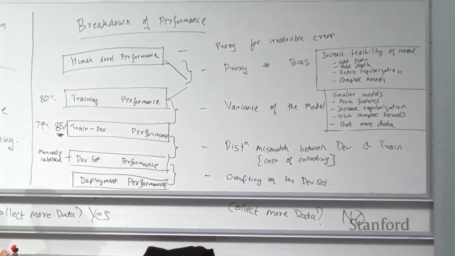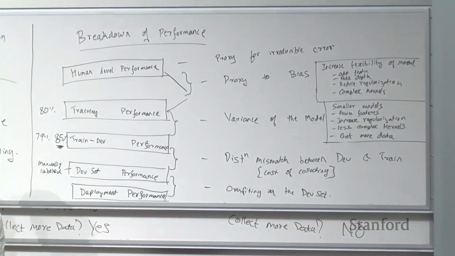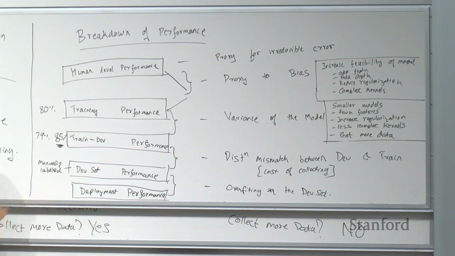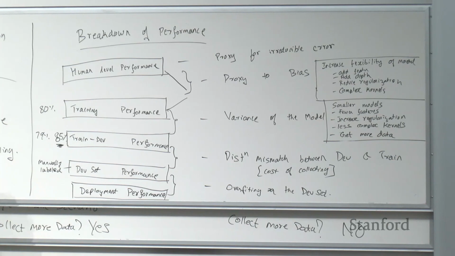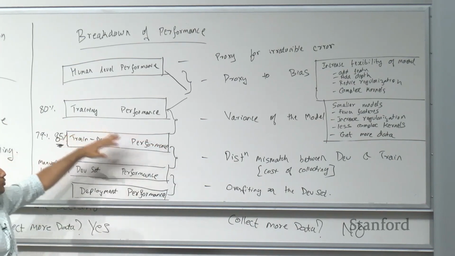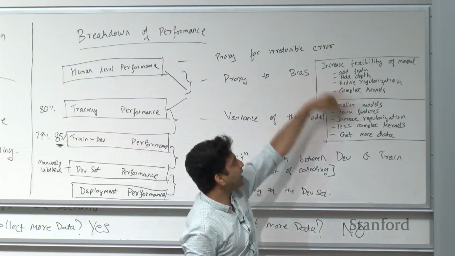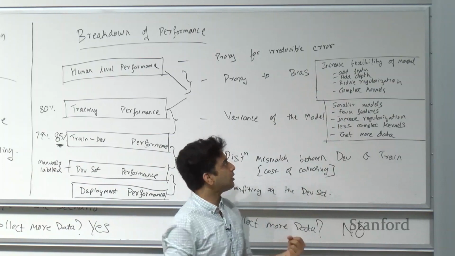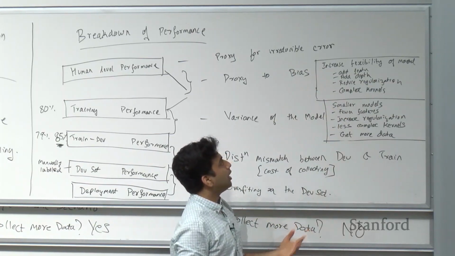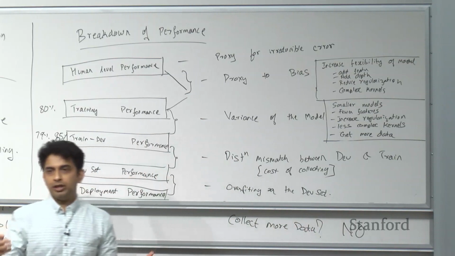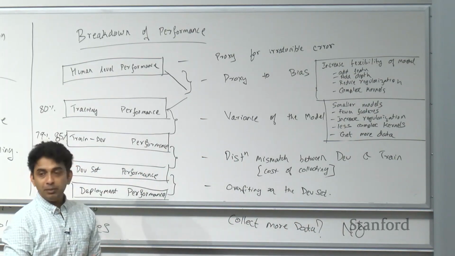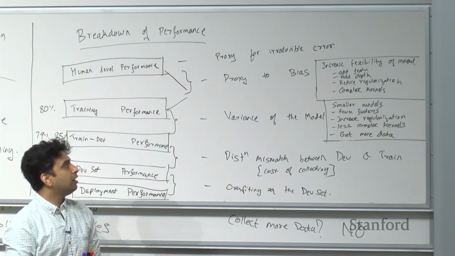And the reason you want to measure them is so that you can decide which action to take, right? But the action you're taking is with the goal of still getting good deployment performance, right? And this is where bias variance analysis comes into the picture, because with bias variance analysis, you can decide among these conflicting sets of actions which is the action that you want to take. If you blindly take some action, let's say increasing features is a good thing, and you go ahead and increase your features, then that